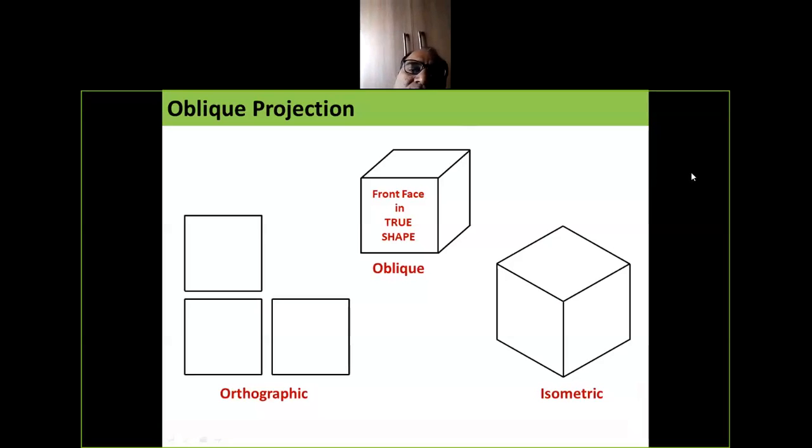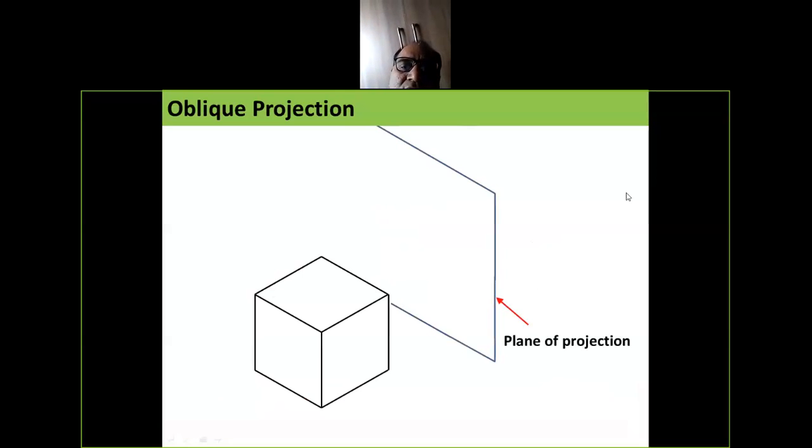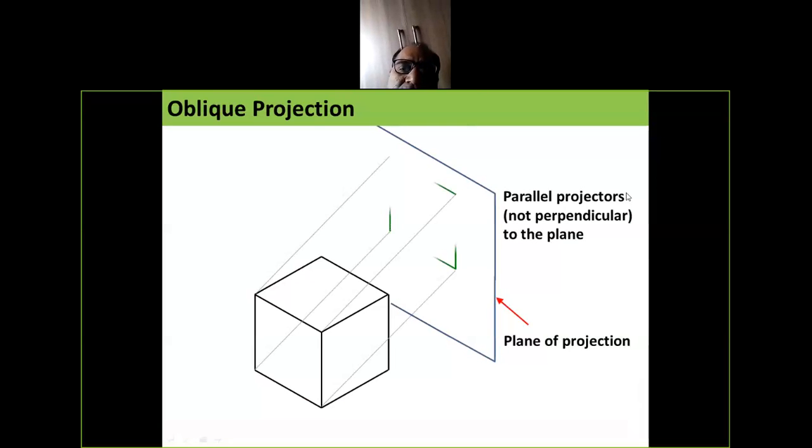So you have the main difference between them. Oblique projections: the projectors are parallel but not perpendicular.